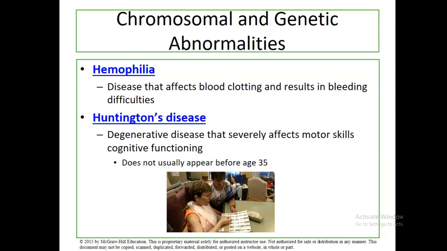assisted living facilities. Huntington's disease has a strong genetic component to it, and so individuals that develop Huntington's disease but have already lived to the age of 35 or 40 and have maybe already had several children, it's quite likely that one of those children is likely to develop Huntington's disease as well.